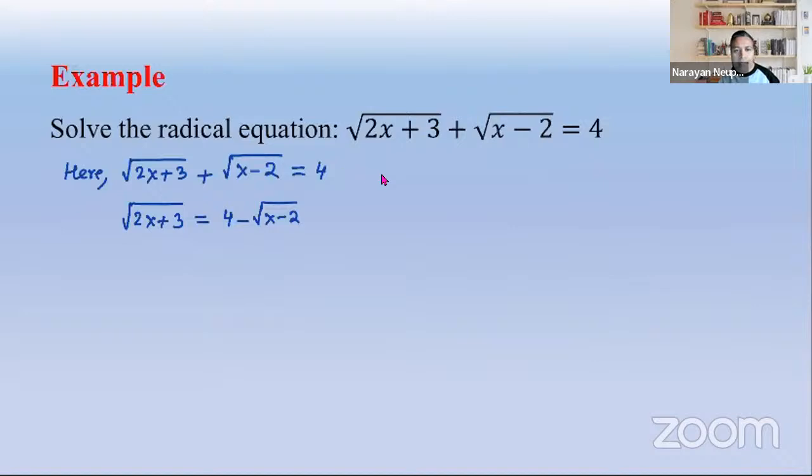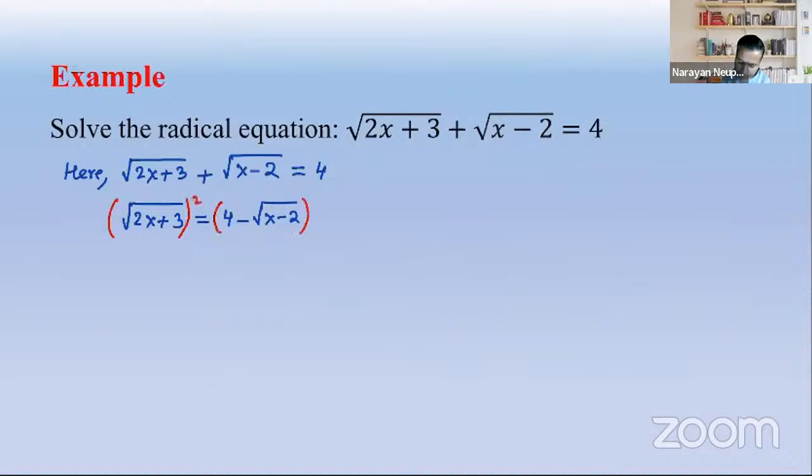The original question has two roots. When we square and simplify, two roots will change to one root, and then we have to square again to remove that one too. That is the goal here. So if we square it like this, on the left hand side,